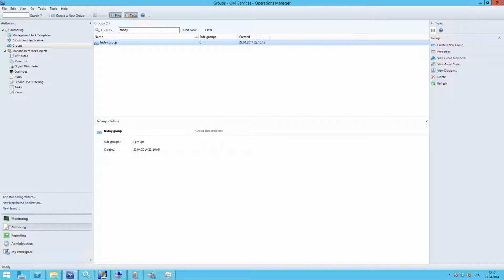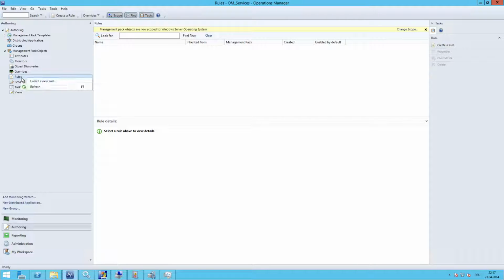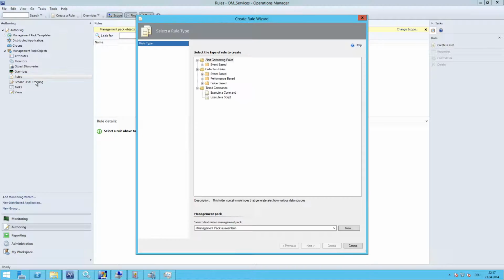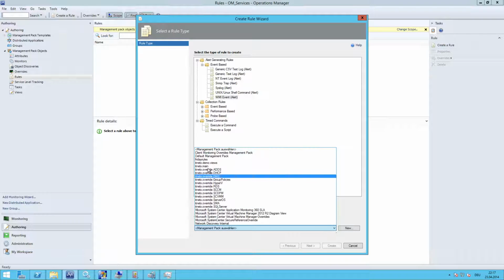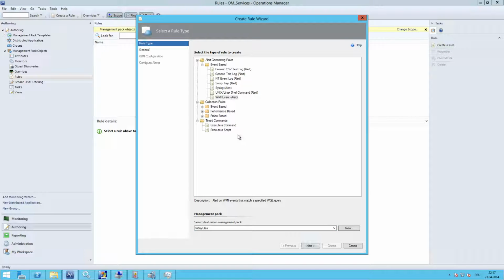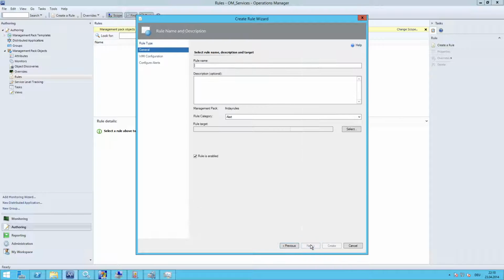Now we are going to create the rule. Go to rules, create a new rule, go to alert generating rules, and then we select WMI Event Alert. Select the management pack, Friday rules. Hit next, and the rule name will be